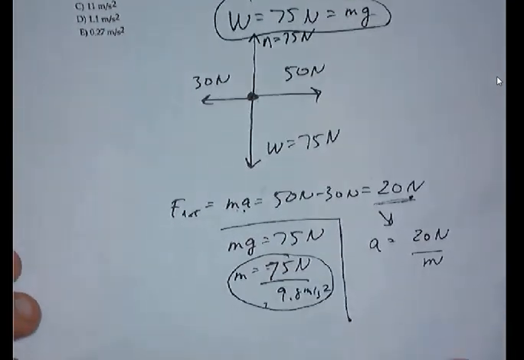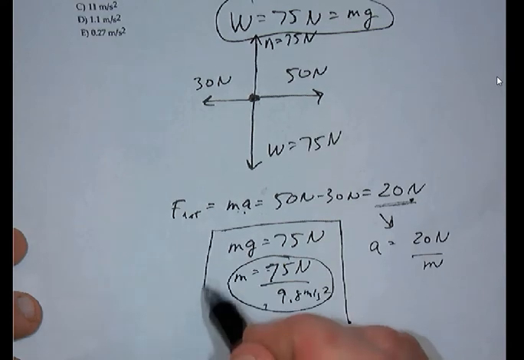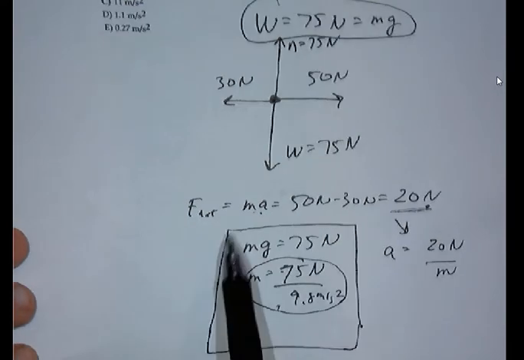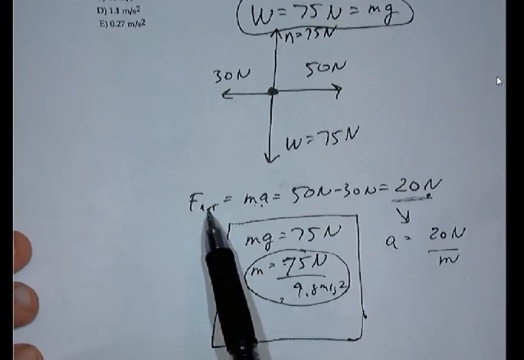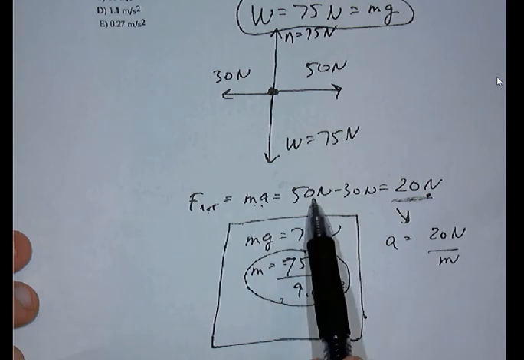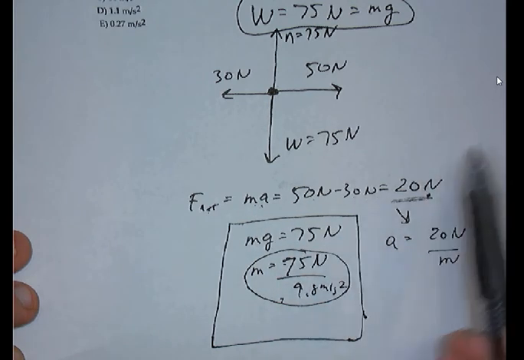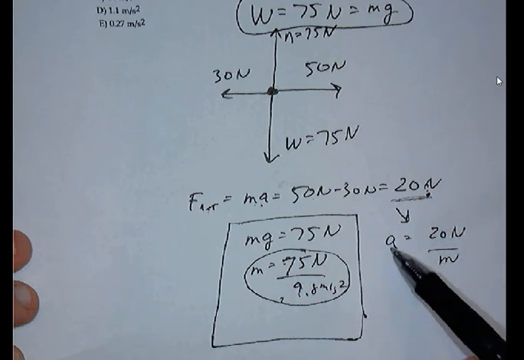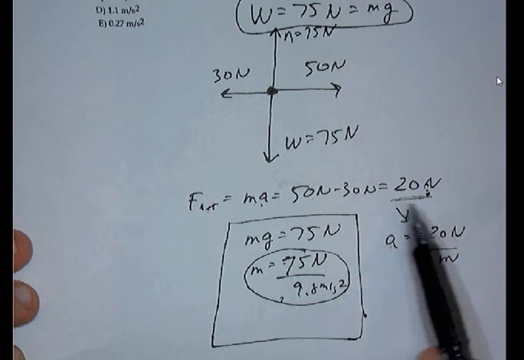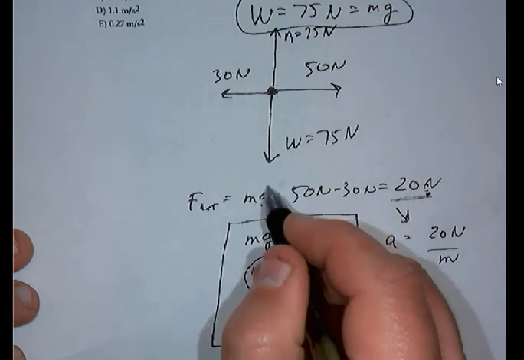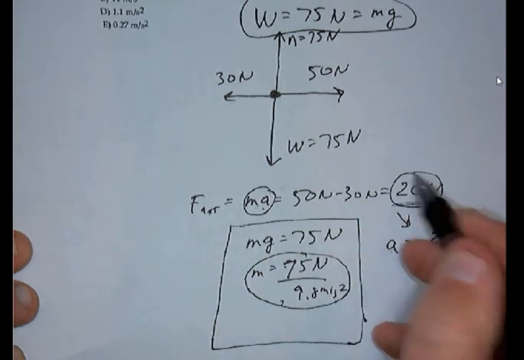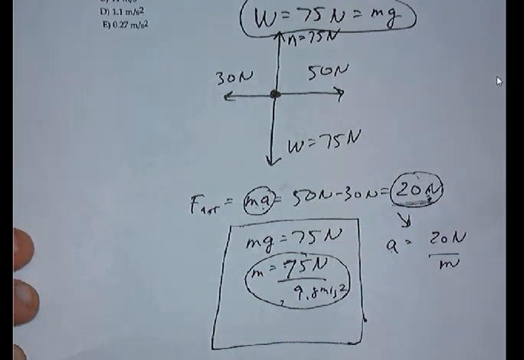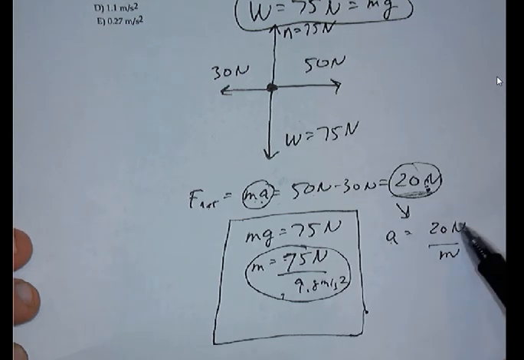Okay, so Newton's second law. This is just in a little box over here by itself. Newton's second law, F is equal to ma. 50 to the right, 30 to the left. The net force is 20 newtons. So the acceleration is going to be, if the net force is 20, ma is equal to 20. That's the net force is equal to 20. So then, therefore, the acceleration is 20 newtons